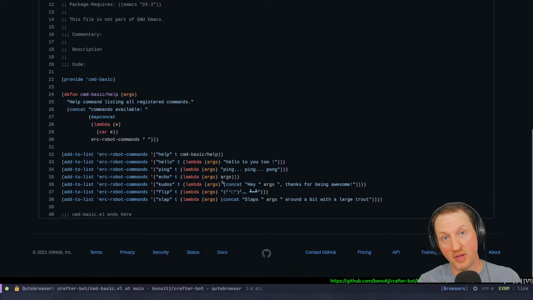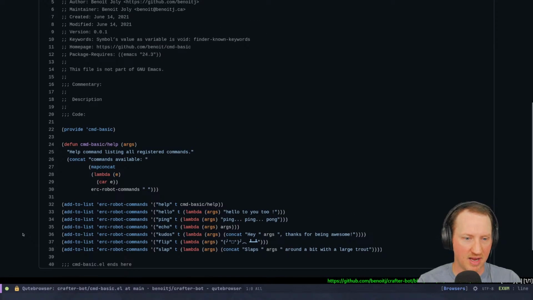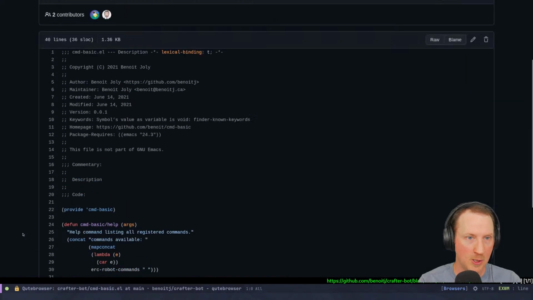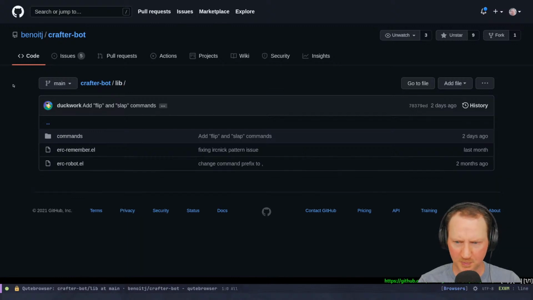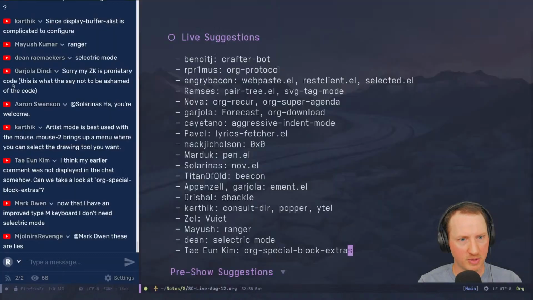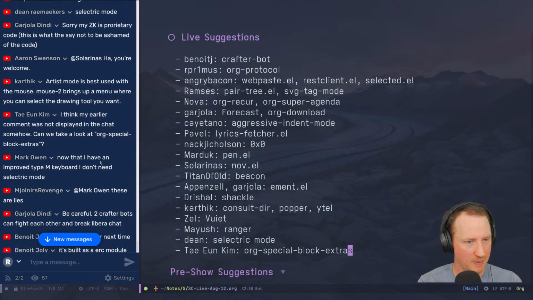But they could also do things like do some calculations or maybe look up documentation strings or whatever, and then just return the text that needs to be put back into the chat. So if you're interested in a very easy way to contribute to some Emacs Lisp, I would definitely consider contributing to this project because it's pretty cool. I still need to contribute some things to it. I haven't gotten back around to it yet.